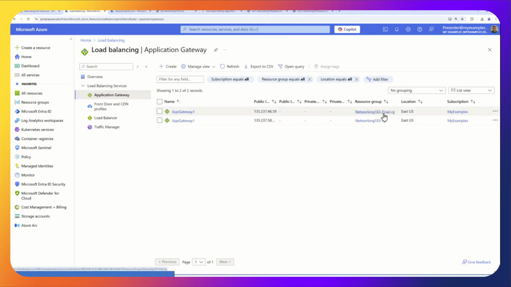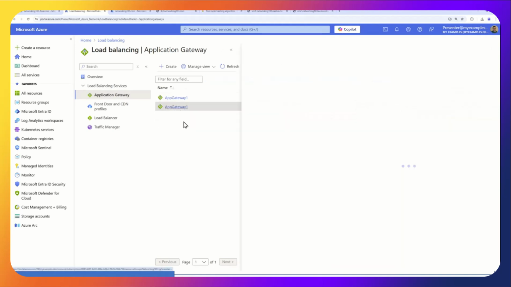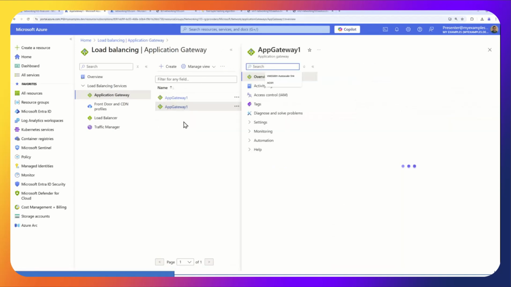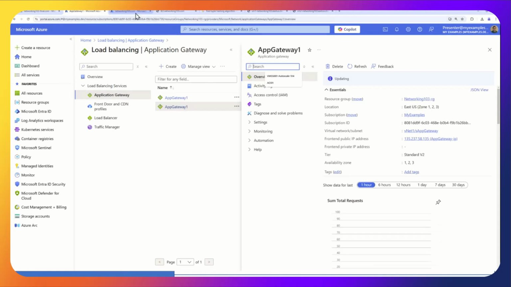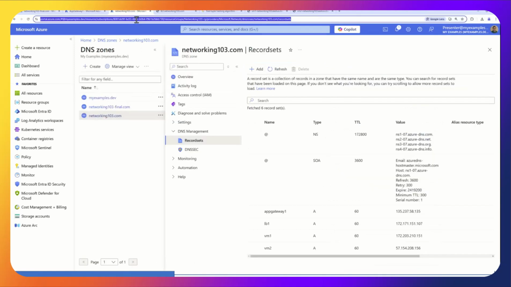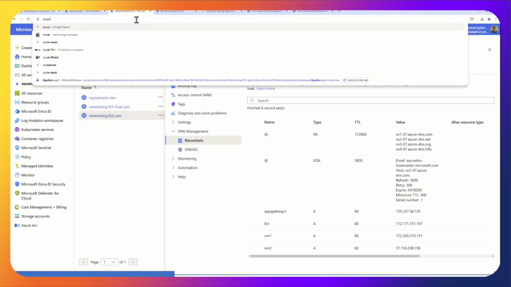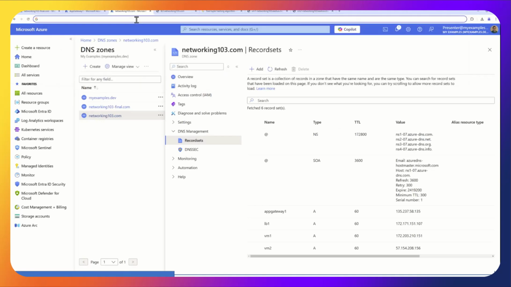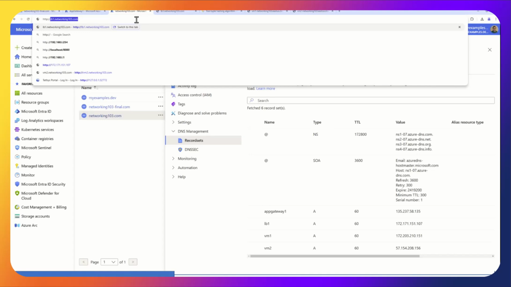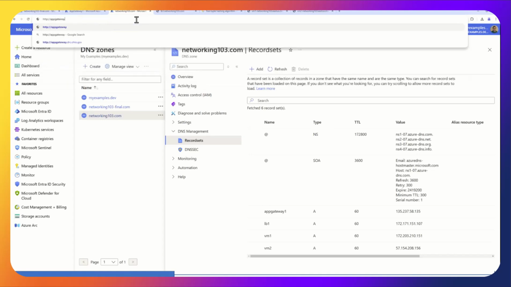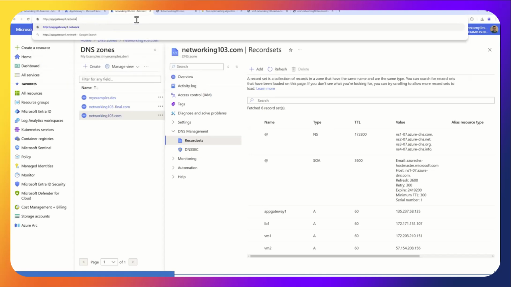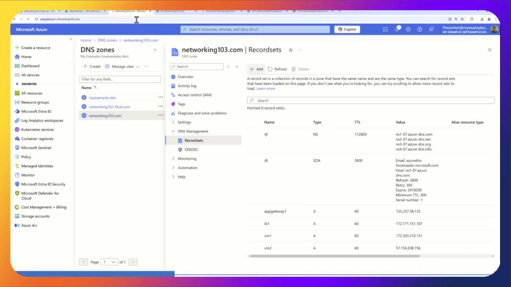I think it's done anyway. All right, so we're going to go to the app gateway. And actually, we're just going to try it out. So I think I called it app HTTP app gateway 1.networking103.com.